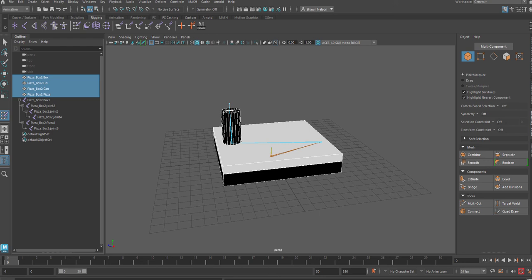All right. So that is using joints and skinning. And we're going to revisit that here in a second. But I'm going to stop the video now and I'll upload